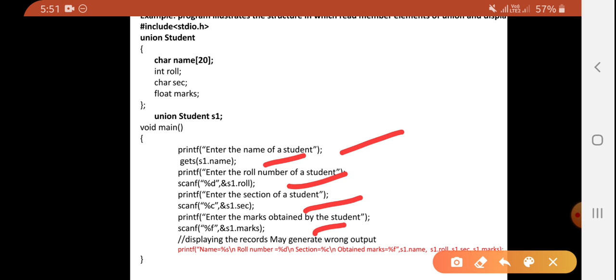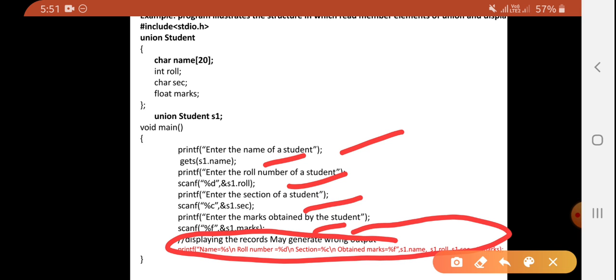Okay, and we are printing in the same row, but when we are displaying everything in one line, it might give wrong output, because the maximum size allocated is 20 bytes, and if you are going to read 20 bytes, then one by one the data will be overwritten.